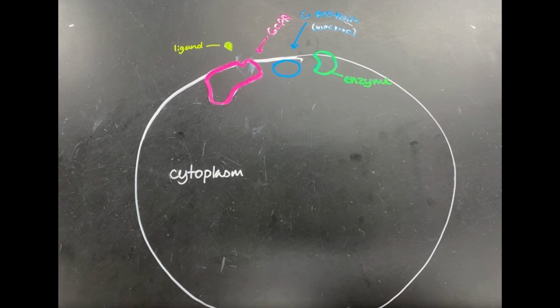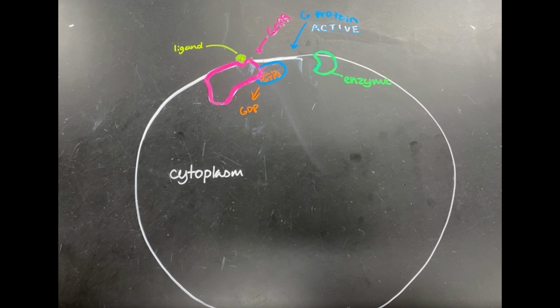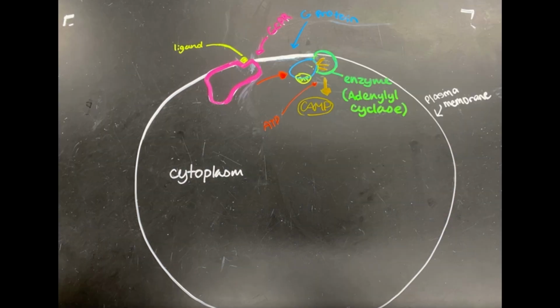Epinephrine is released from the adrenal glands and enters the bloodstream when a threat is perceived. Epinephrine then docks to the G protein-coupled receptor on liver cells, which then activates the G protein. Once the G protein binds to the G protein-coupled receptor and GTP binds to the protein, the G protein then binds to adenylyl cyclase. Once they bind, it causes the adenylyl cyclase to change shape, catalyzing the conversion of ATP